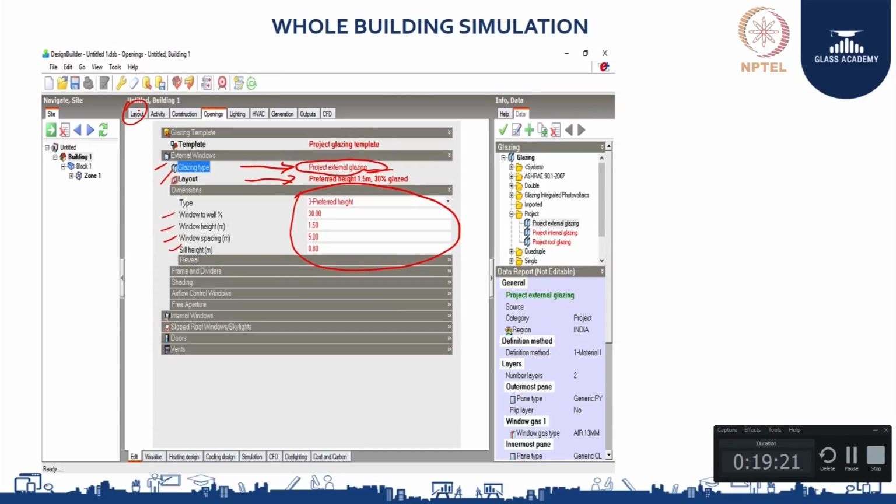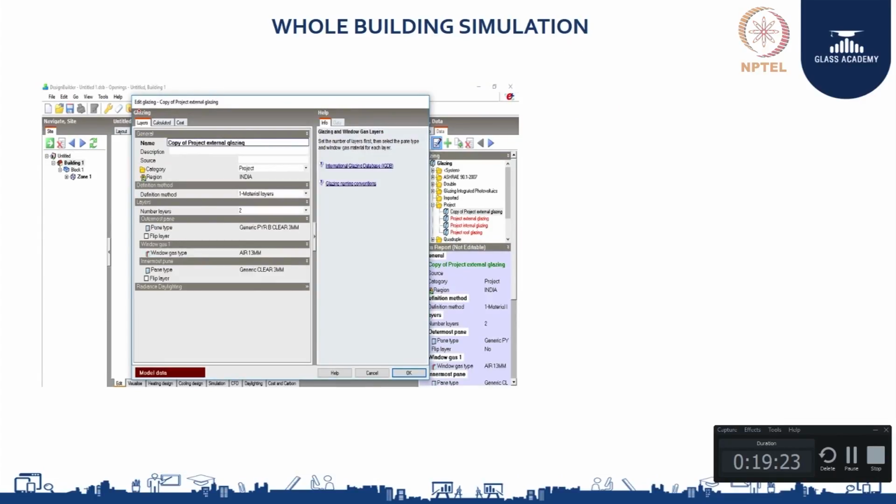Now next I am moving on to the important part, where you need to fill in what glass is going to be used. There are different types of glass, like single glazed, double glazed, laminated glass, and in the double glazed and single glazed you can even use coated glass. It can be a coated glass or a tinted glass, etc. When you need higher performance and better energy saving, we usually go for a coated glass, which will have a lesser solar factor and a lesser U value. All those details can be filled in this tab.